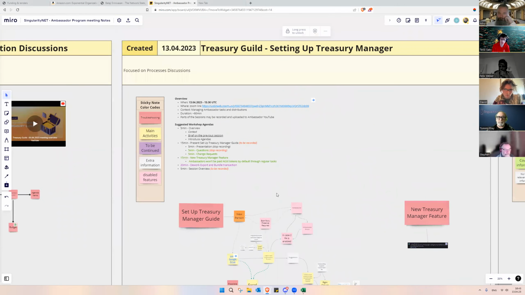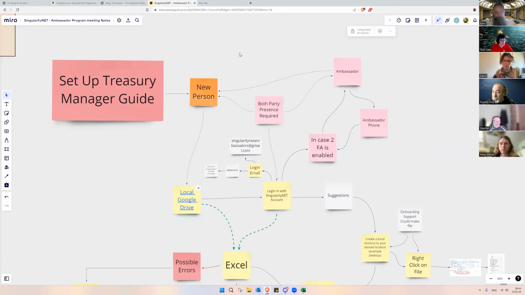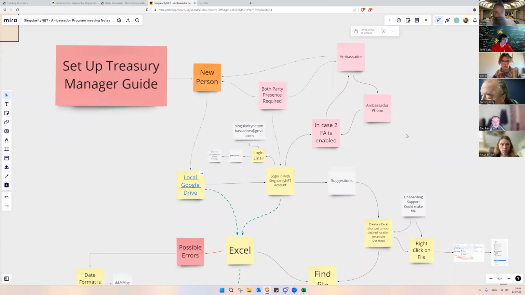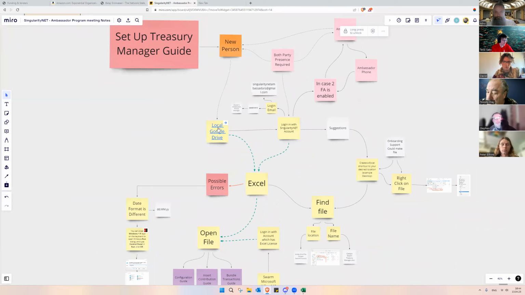There are these pink notes, which are basically right now disabled features, because I'm not aware that SingularityNet Ambassador program has a 2FA authentication model, but if it's turned on and devices are required to authenticate new people to be part of that setup, then extra activities would be needed to follow in order to get access. The first thing everybody needs to do who wants to manage the Excels is to have a Google Drive,